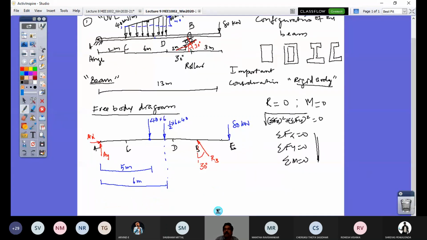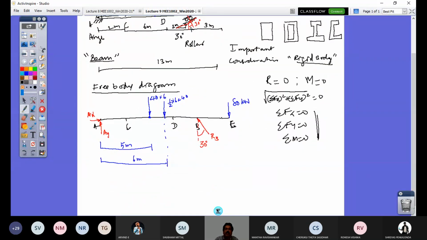First by applying this equation, because I have 3 unknowns, 2 are concurrent at point A. So if I take moment at point A, I would use this equation sigma M is equal to 0, and I can solve for this unknown RB. So let me just do that. Sigma MA equals 0, considering this I would be able to find RB. So now this RB also can be represented for convenience by its components. One is this vertical component. So what is the vertical component? See this angle 30 degrees to vertical. So it is RB cos 30.